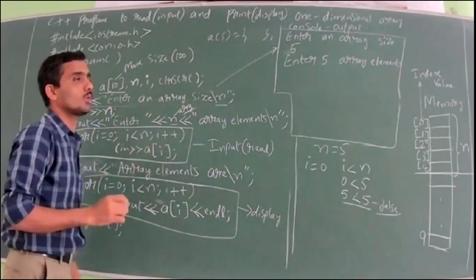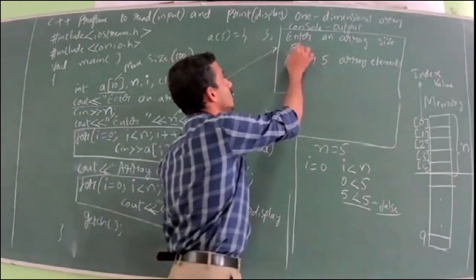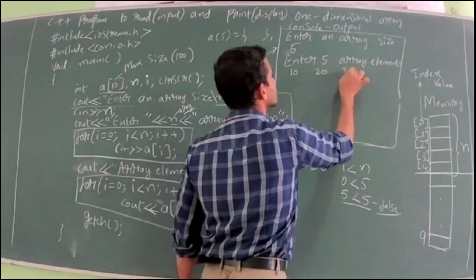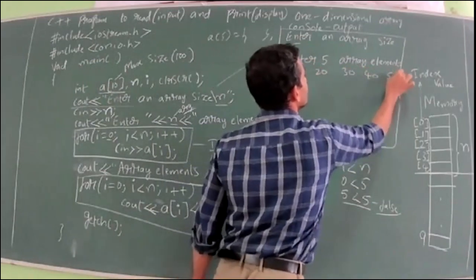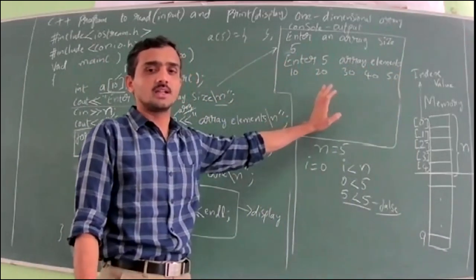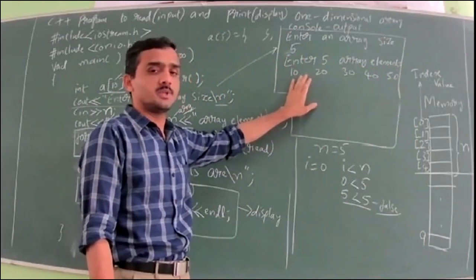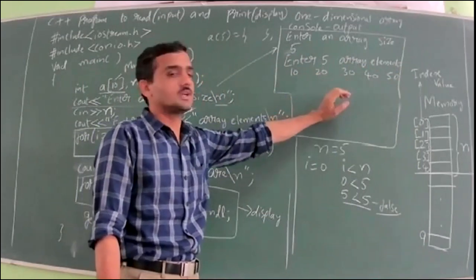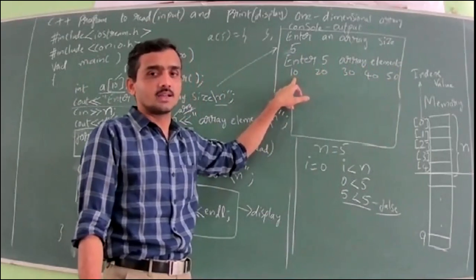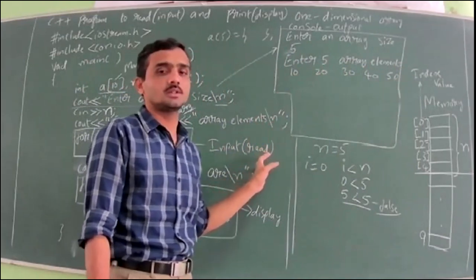When this code is executed, what you have to do on the output screen is enter 5 values. So if I take 10, space, 20, space, 30, space, 40, space, 50, you can enter like this. Either you leave a blank space between the values or you press the enter key. Both are valid. So you just type 10, press spacebar, 20, spacebar, 30 like that. So that is 5 different input values. Or type 10, press enter key, so 10, 20, 30, 40, 50 on individual lines. So either way you can input the values.